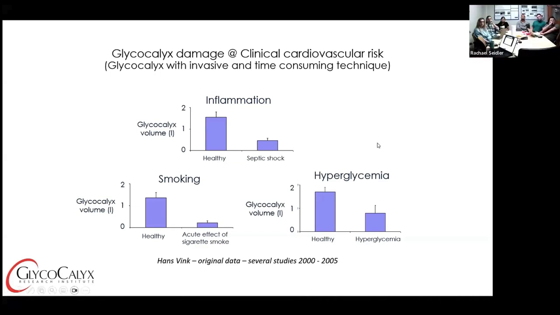Okay, thank you. All right, so these experiments are fun to do, but they were laborious. It took hours for one patient to be measured. And also the tracers that we use, the small molecular weight dextrans, we know they can induce anaphylactic shock in a small percentage of people. So not scalable. So we moved on